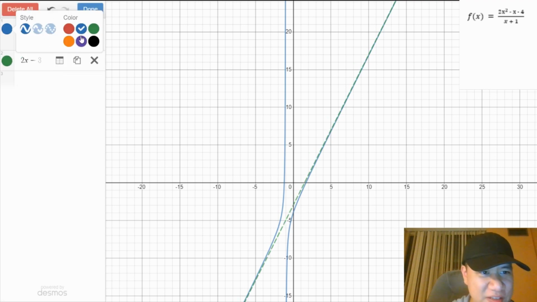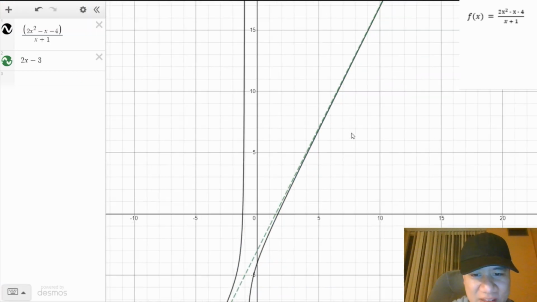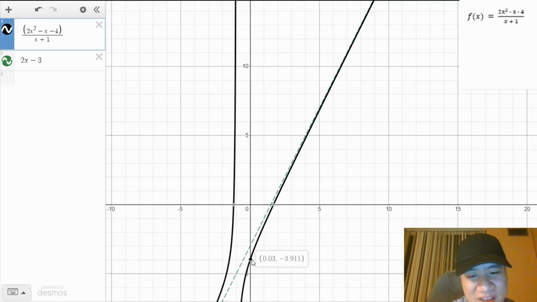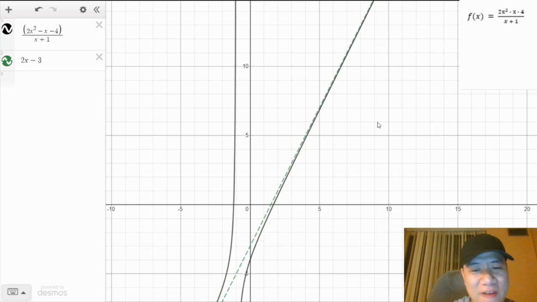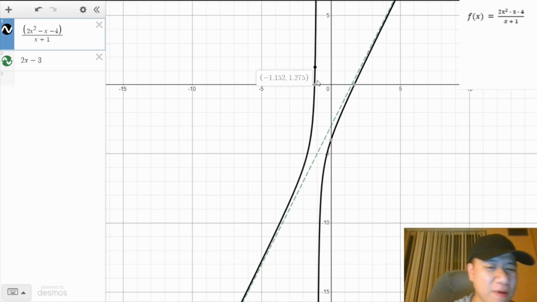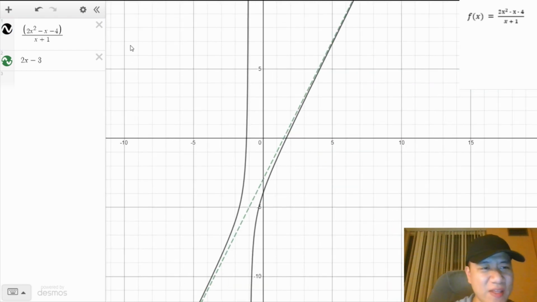Okay, let's change this to black so we can see it clearly. As you can see, our analysis works. As x approaches positive infinity, notice our function approaches our oblique asymptote from below. And then when it goes to negative infinity, it approaches from above. So yeah, there we go. That's how you figure out behavior